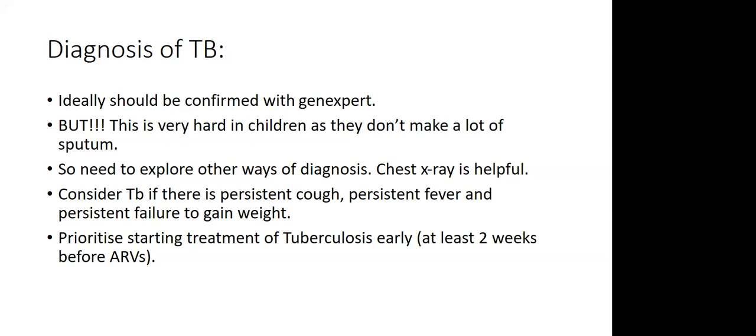But you have to be very careful. By definition, anyone with a diagnosis of TB has at least stage 3 HIV. If it's extrapulmonary, at least stage 4. So that's quite a late stage. And really, anybody with TB and HIV is going to be on ARVs fairly soon. So that's why it's good to explore these other things. Getting a chest X-ray started early is always a good thing to see, if you're suspecting it. Good.